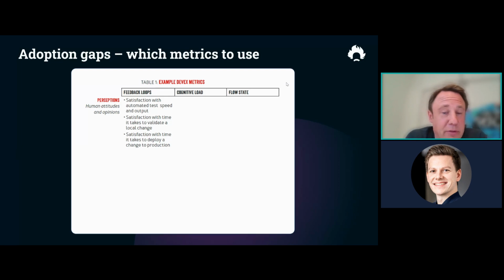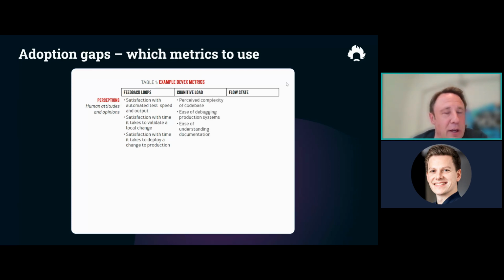So a big part of that is perceptions, obviously based on reality, but also how does your team or how do the developers perceive these feedback loops? So how satisfied with test speed and how long it takes to validate a local change, or how long does it take to deploy from local to production? So the perception has a big impact on the satisfaction of the team.